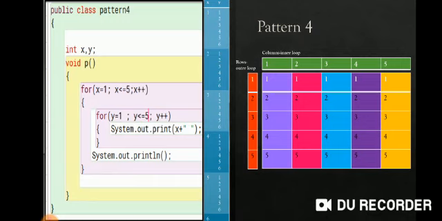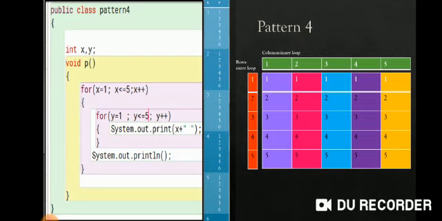Over here, what is being printed? 1 1 1 2 2 2 3 3 3 4 4 4 5 5 5. If you consider it very carefully, in the orange bar 1 2 3 4 5 is printed, and isn't the same thing being printed across all the columns in each row? 1 1 1 2 2 2 3 3 3 4 4 4 5 5 5, and you know the outer